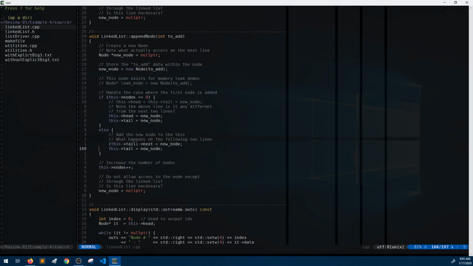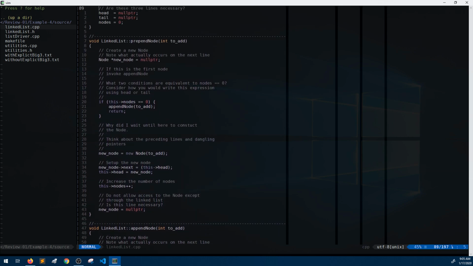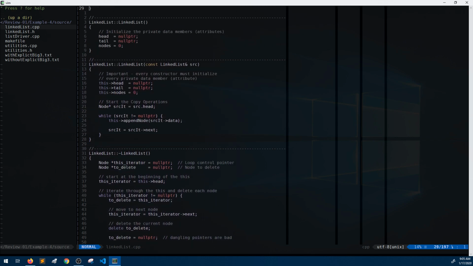And what I want you to do is look at this code very, very carefully. We want to focus on a few pieces of code. We want to focus on how I allocate a new node. Then we want to focus on how I copy a bunch of nodes, where the copy logic actually happens. And what we're going to see in example 5 and then example 6